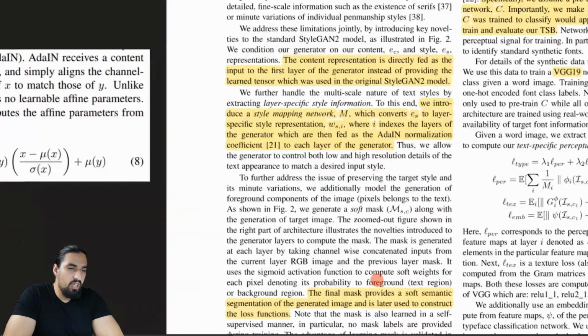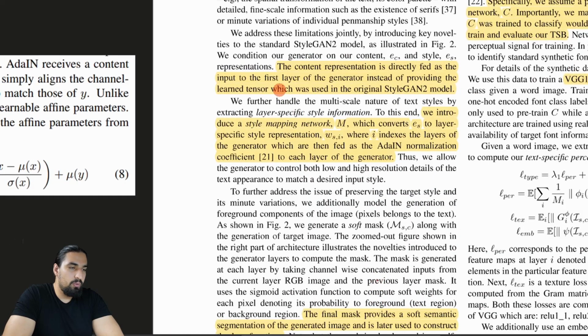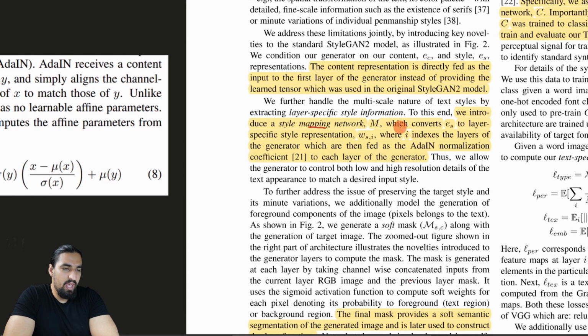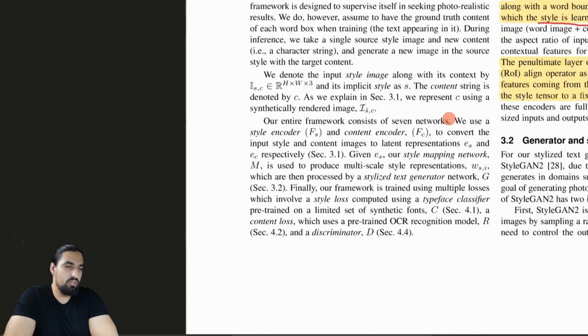So the content representation is directly fed as input to the first layer of the generator, instead of providing the learned tensor which was used in the original StyleGAN2 model. So they just kind of explained some modifications they did, but it's basically still StyleGAN v2 with some small modifications. We introduce a style mapping network M, which converts the style vector ES,